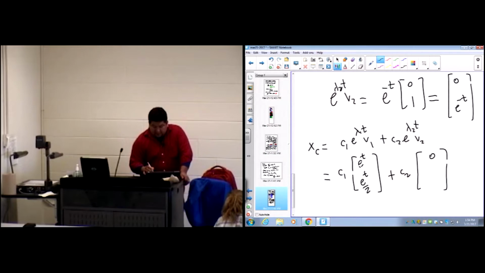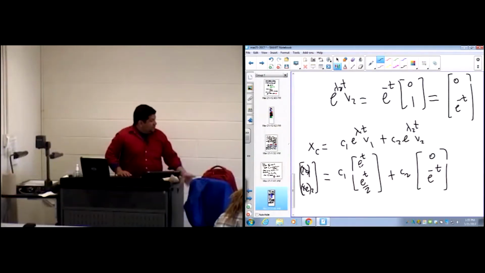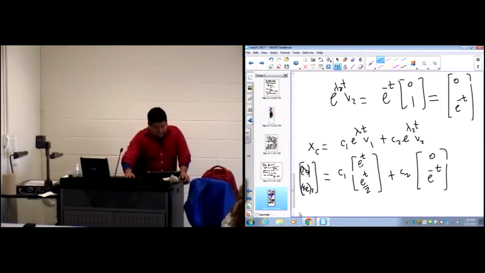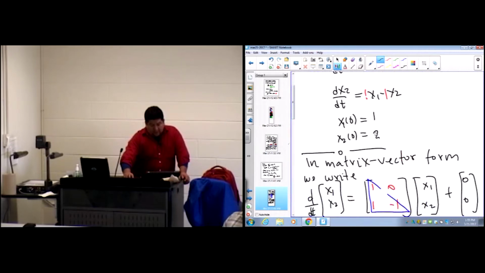The first entry of x sub c and the second entry of x sub c will come out of this calculation. But we should also make use of the initial conditions, right? If we evaluate the initial conditions, we can use these values for x1 and for x2. x1 at 0 is 1 and x2 at 0 is 2. So using initial conditions,